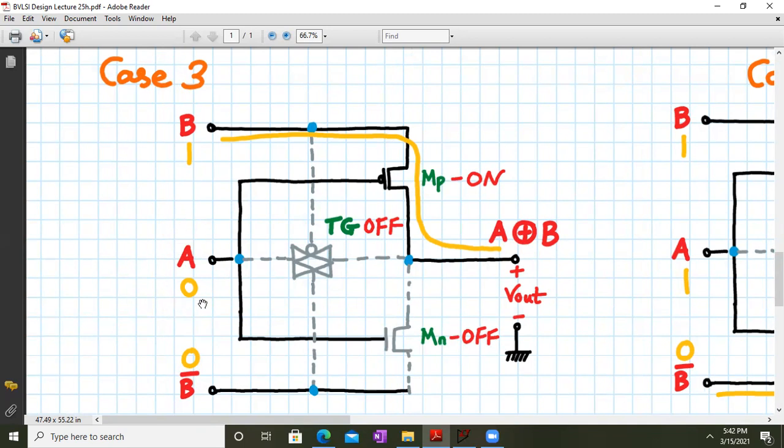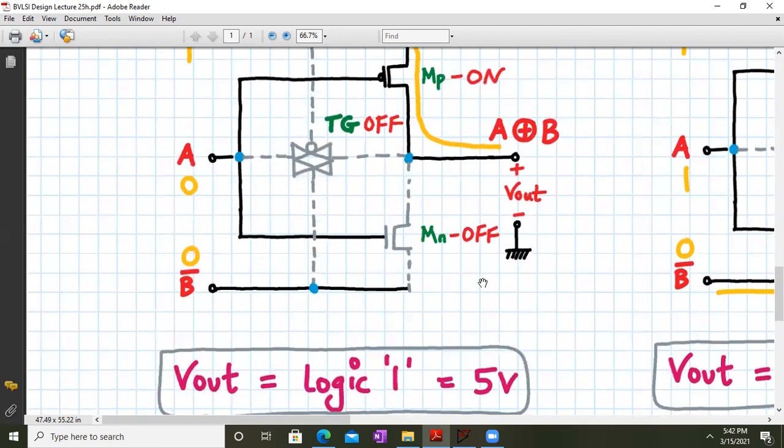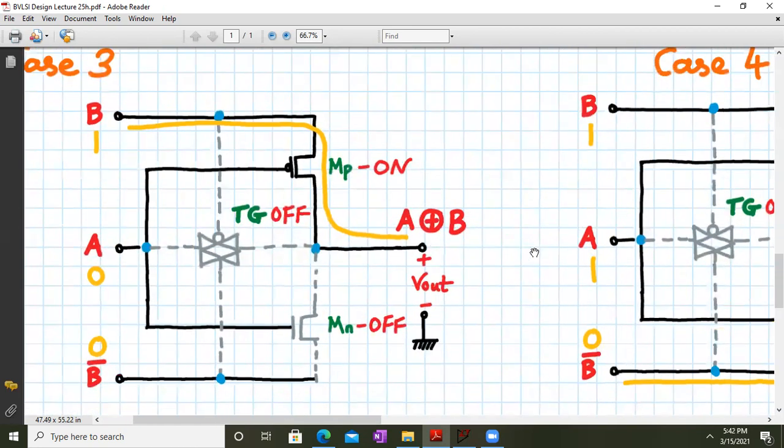And we know when we apply a logic 0 to the CMOS inverter, the output will be a strong logic 1. So in this case, in the case of pass transistor logic, we can apply this analogy also: since we have applied a gate voltage of 0 volt, this upper transistor is acting as a PMOS pass transistor. So it's passing a strong logic 1 at the output. So this way also we can explain. Okay, so at the output we have a strong logic 1 for the case of A is equal to 0 and B is equal to 1.